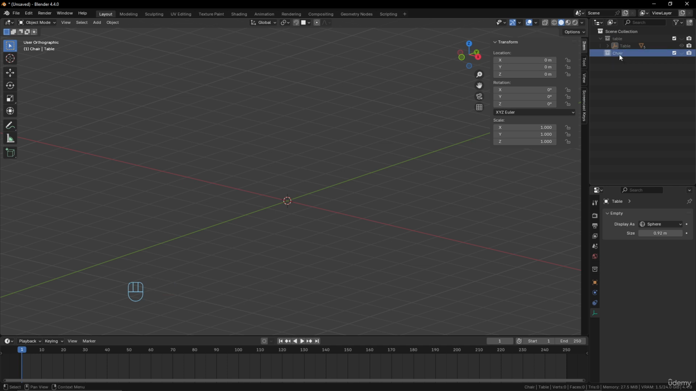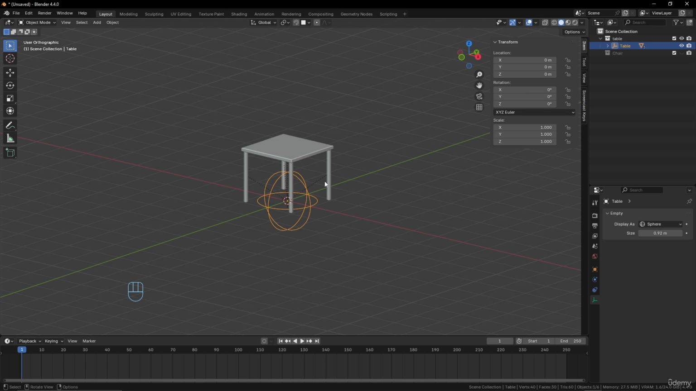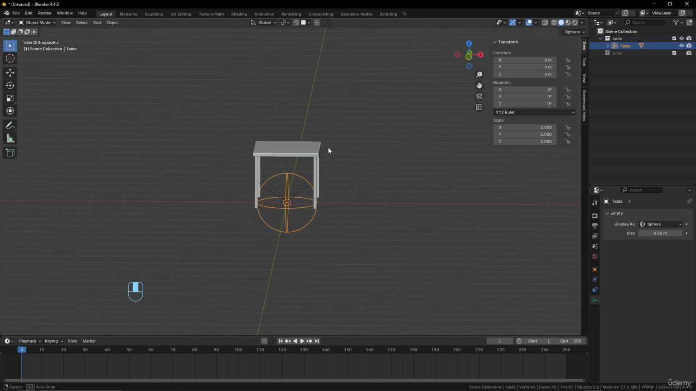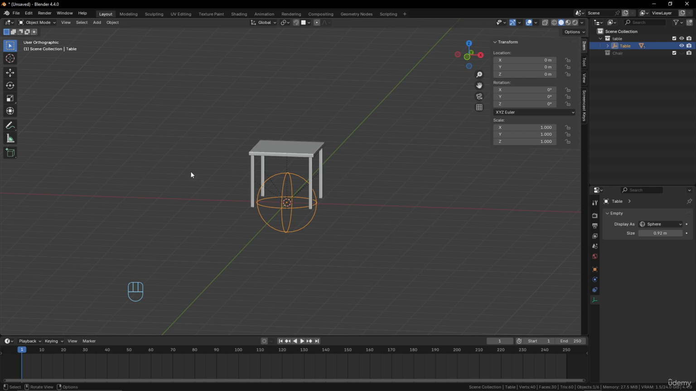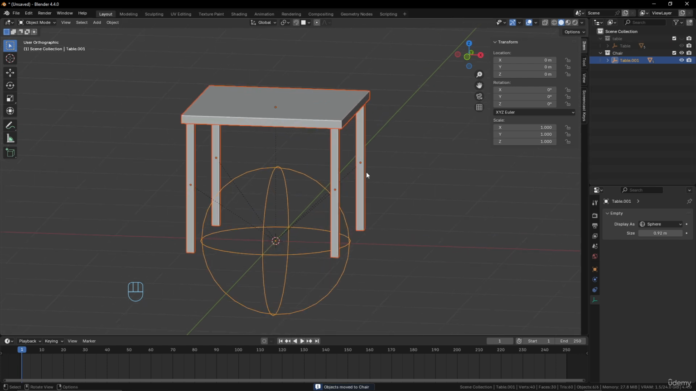Good. What we can do actually is start from this modeling here and make another. To do that, we can just select everything and press Shift D like this. So we have another table. What is good with this technique is that it keeps the relationships with the duplicated objects. And now with M, we put it into the chair collection. Okay, so we can now start to model